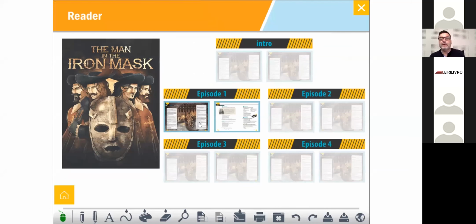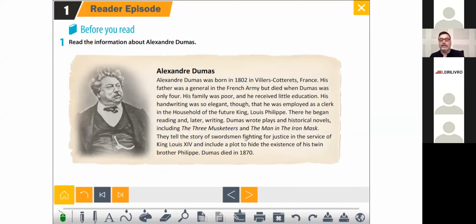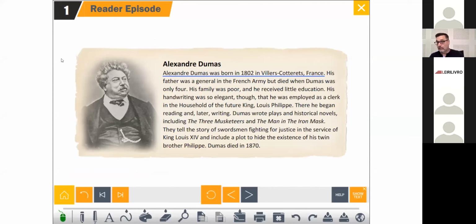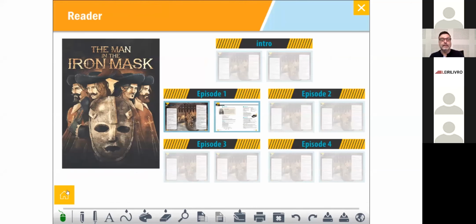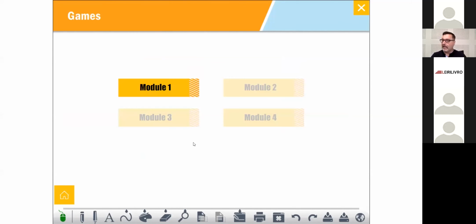We have the extensive reader. We've chosen The Man in the Iron Mask. Works the same. We take excerpts from the reading. Okay, we do comprehension. Click on the question mark. I'll understand. So we have pre and after reading activities, all in the adapted version of the reader. All digital. We go back home. We have games. So we've taken the content in the module and through a trivia game,